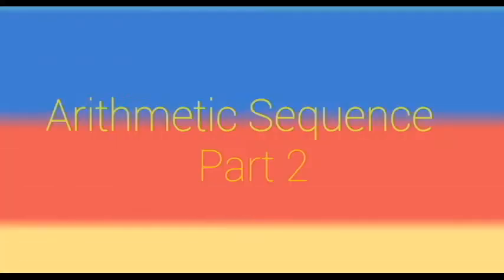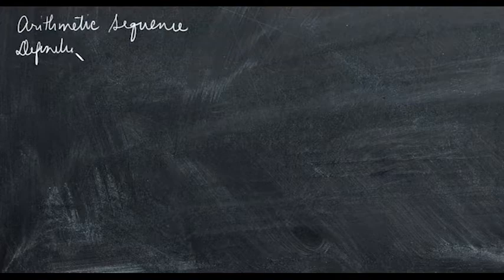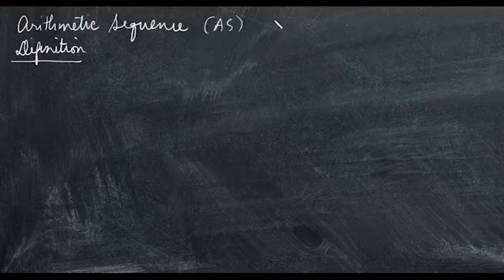Okay, let's now define what is an arithmetic sequence. So the definition: sometimes they call it arithmetic sequence or AS. Sometimes they call it arithmetic progression or AP. But in this case, we'll be using AS. So AS, or arithmetic sequence, is a sequence